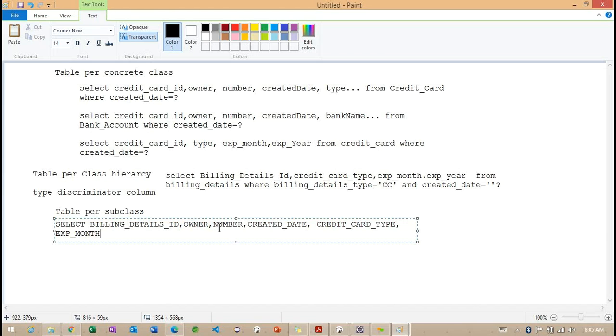Right. So here we want to work with the from. Which table are we trying to work with here? Billing details. Right. So I want to provide the reference, something called BD. And here I want to provide a left join. Left join from which table? Credit card.